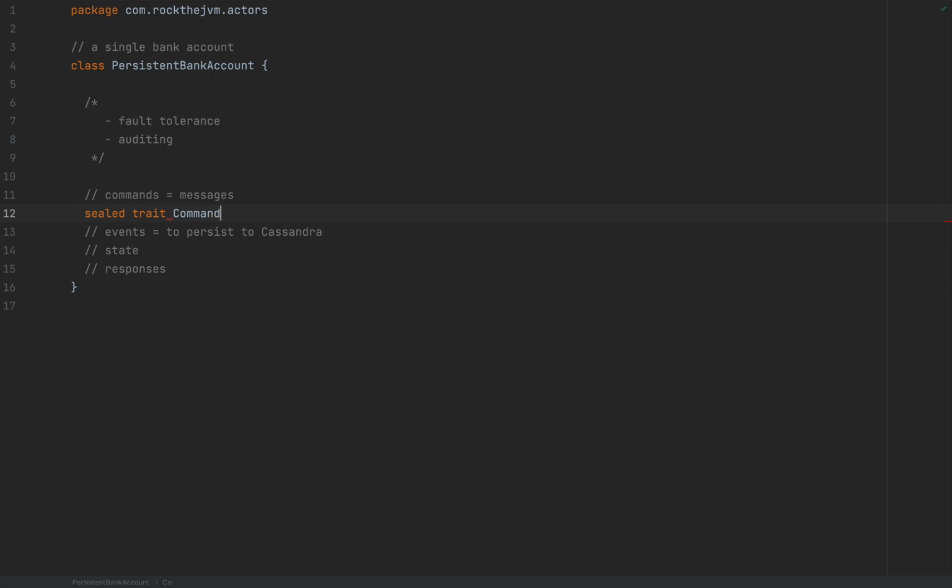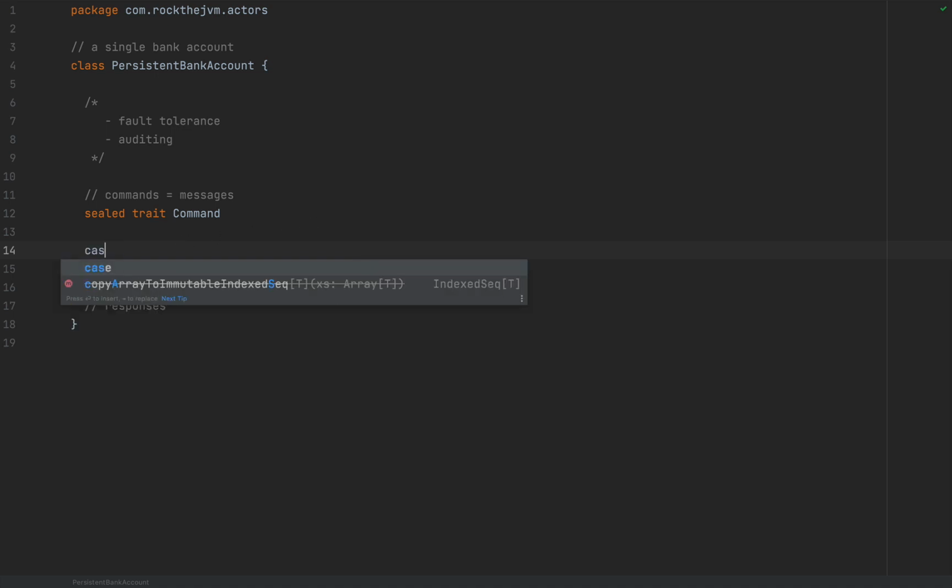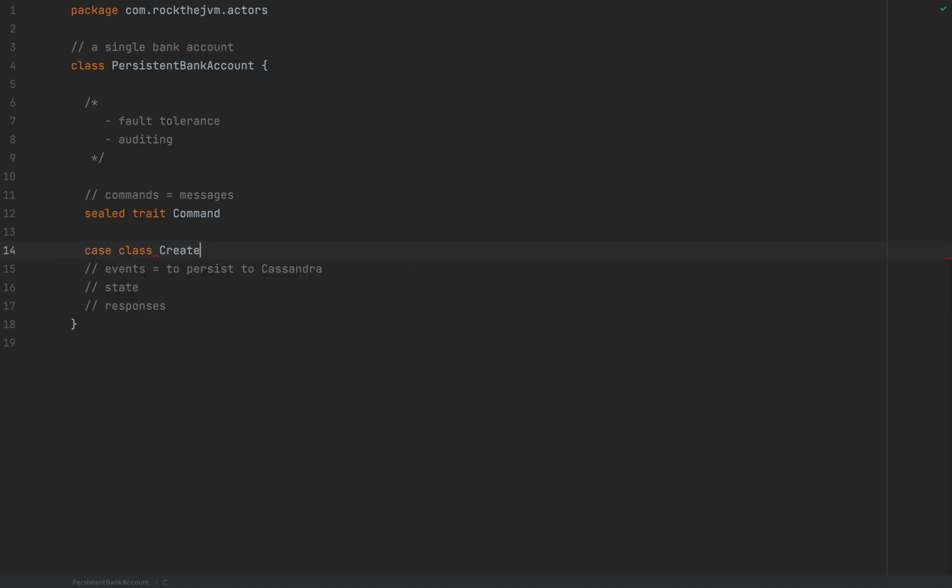I'm going to call this command, and I'm going to define a bunch of data structures that will signify a bunch of modifications to this bank account. So for example, I'm going to create a case class. I'm going to call this create bank account,